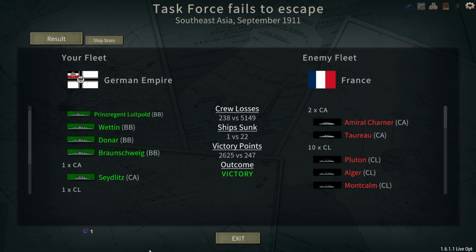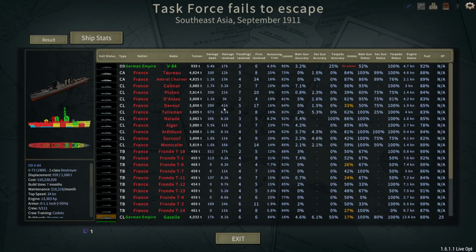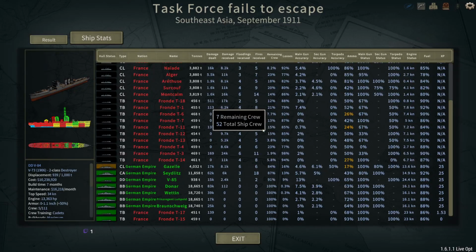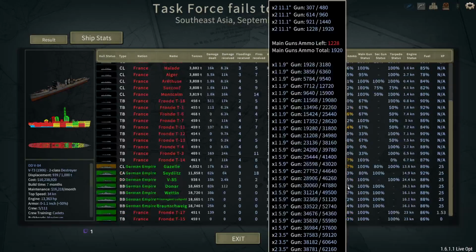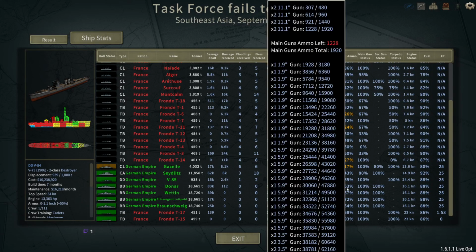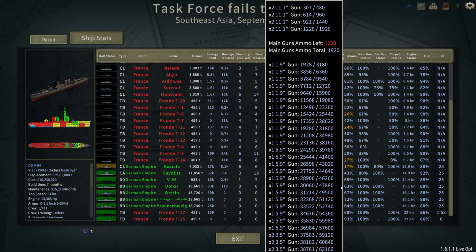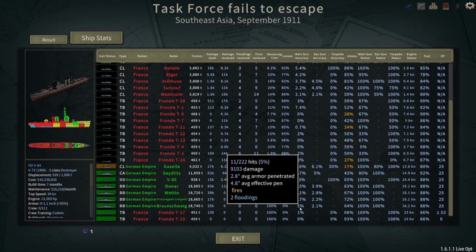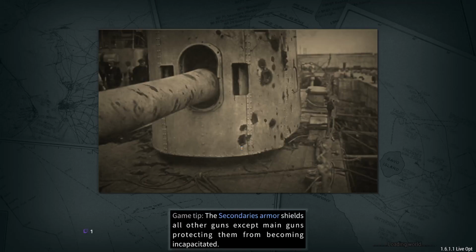We'll call that there. And the ship stats. 2 out of 8 hits. Okay, that's not occasional. Cause a decent amount of damage. Battleships, on the other hand, their main guns, no, that's ammo. Main gun accuracy. It's not stellar, but